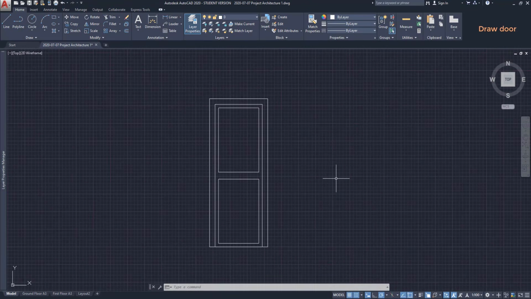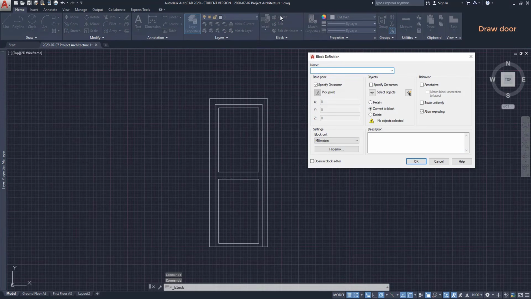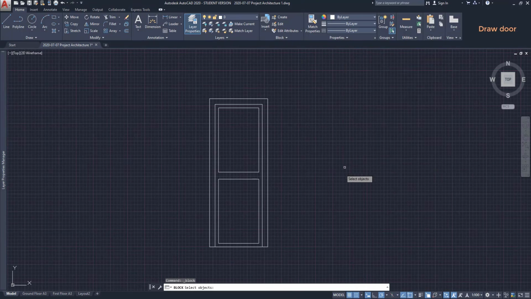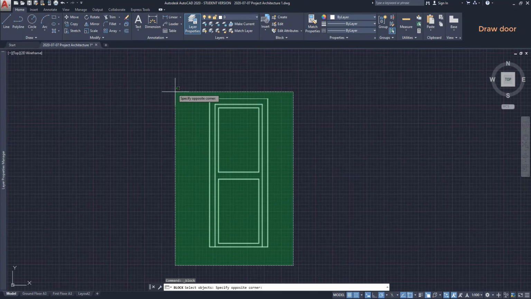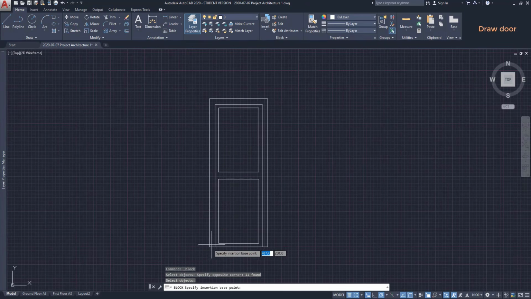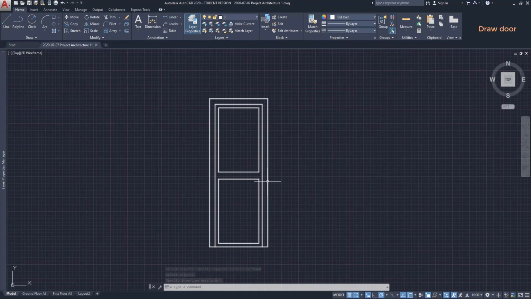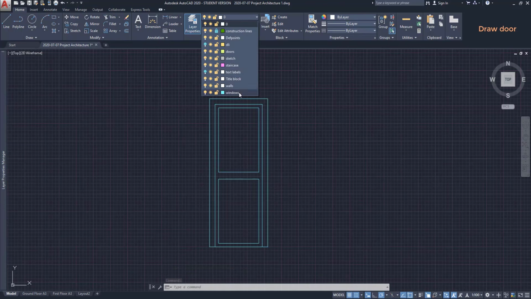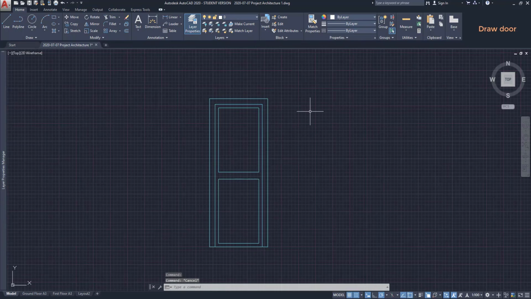Let's create a block. Click there. Now I'm going to type a name, door entrance LF, for example. Select the objects and then choose the base point. When the block is done, I can click on it and switch to its layer. Let's copy this object